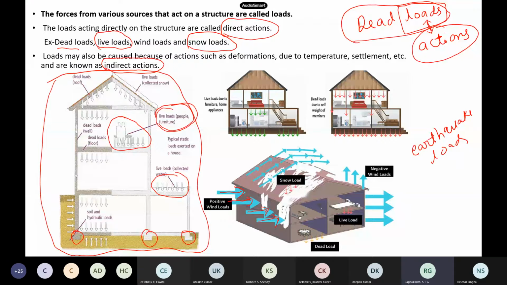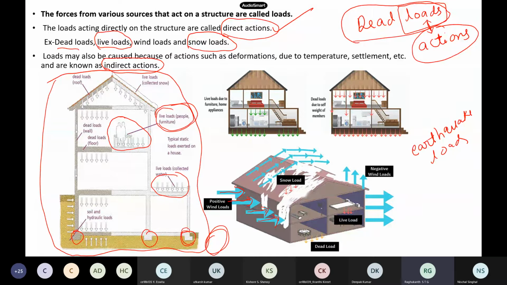So anyway, these all come under direct actions. Direct action means the load is directly acting on your structure. There may be indirect action also. So indirect action comes, let us say we are having 3 columns. Somebody has dug; nowadays, apartments are coming up nearby, and they simply dig without even checking properly. So what happens if they have dug near the road or something else?